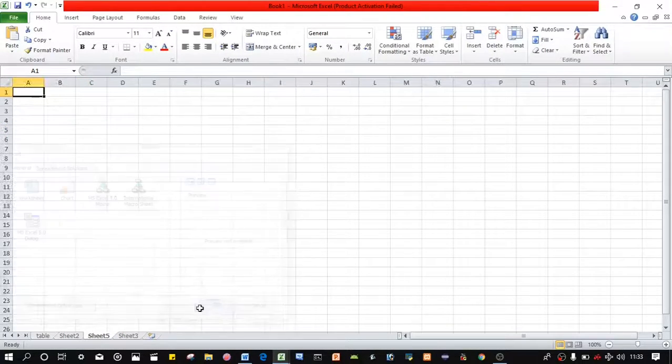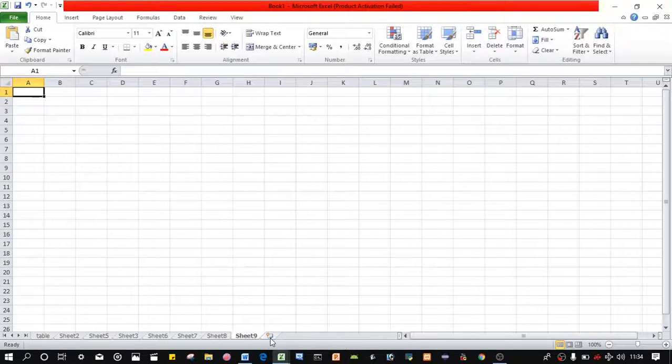This is the sheet tab. By using this you can insert a new sheet, again a new sheet, new sheet. After clicking, you can see how many sheets appear.